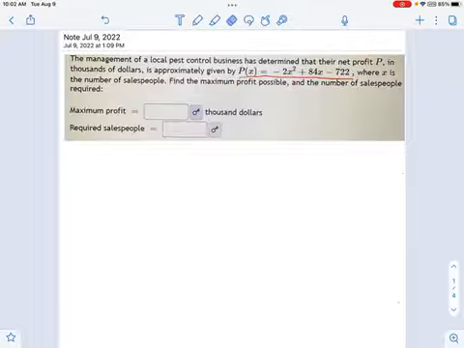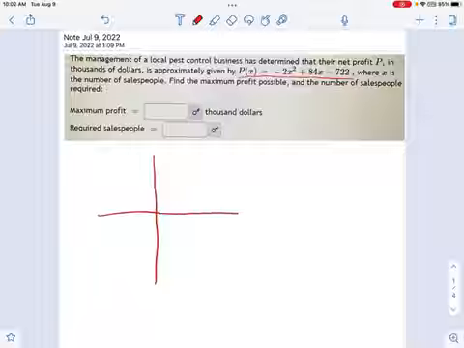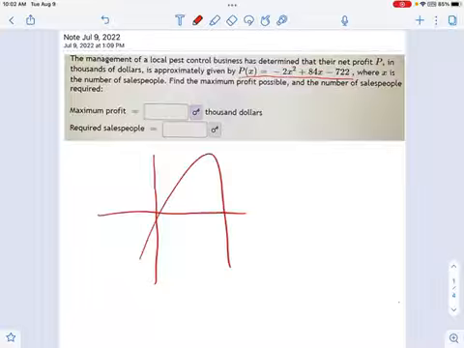The idea, though, if you step back a little bit from the nitty-gritty algebra of how we do this, and just look at the big picture, what have we got? That's a parabola. Okay, so we've got some kind of parabola like this. It's not a great drawing, but just bear with me. And we want to find the peak, the maximum. Well, if you remember,